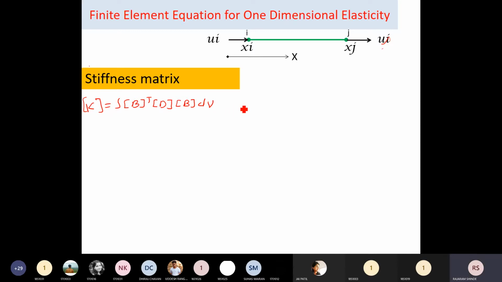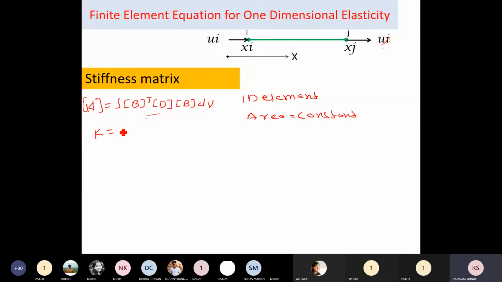Now if we consider the one dimensional element, your area is constant. Okay, you have to remember this. Area is user input for 1D analysis, and that is considered as a constant. Okay, when area is constant, now this integration will be replaced by